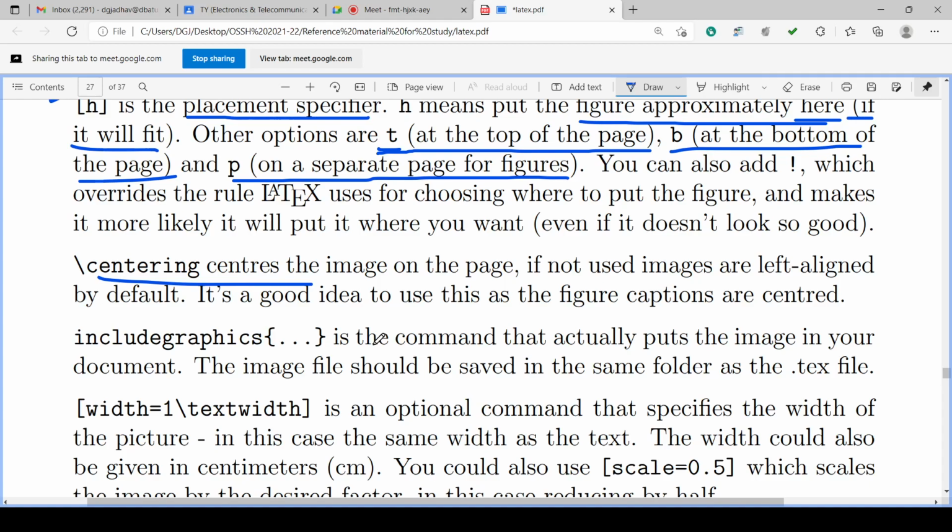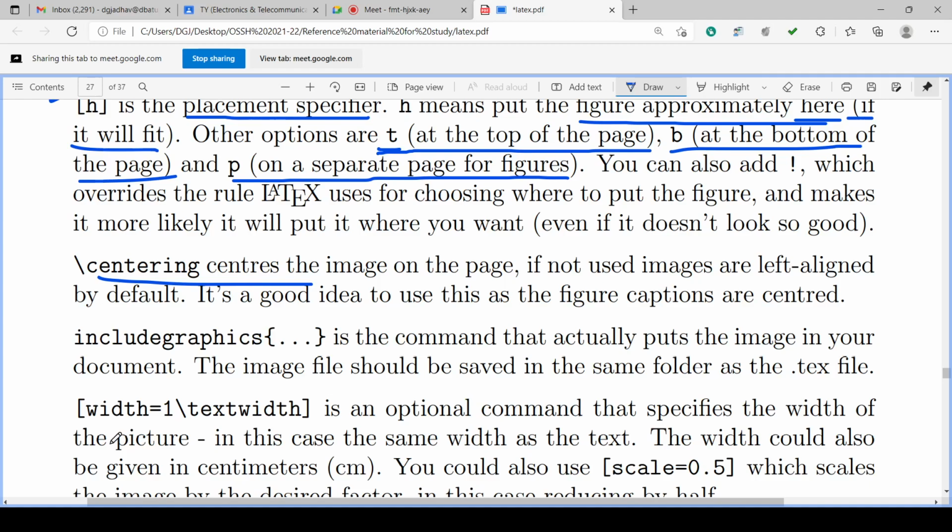The image file should be saved in the same folder as the .tex file. Wherever the file is saved on which we are working and in which we have to put the image, the same folder, the image is also to be saved. So the directory must be the same.